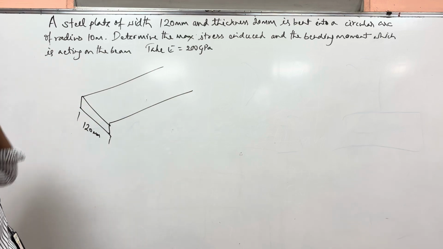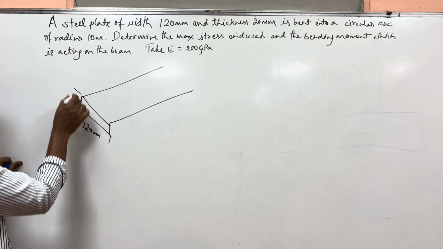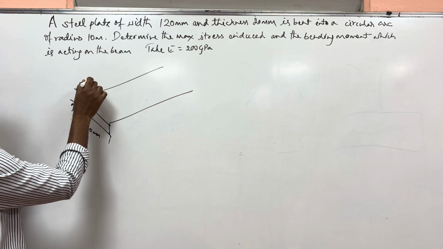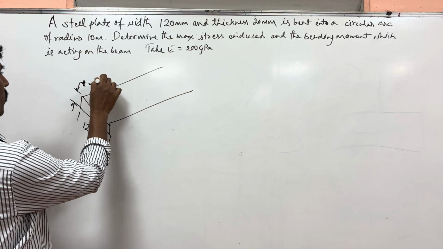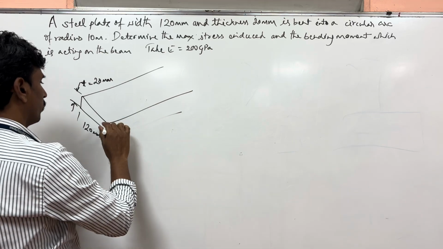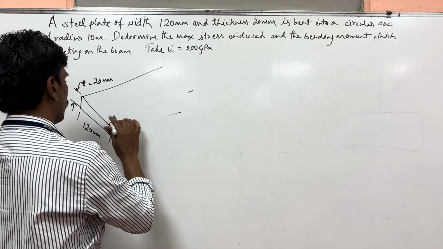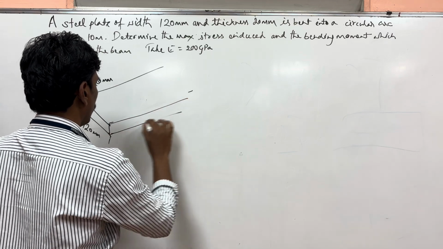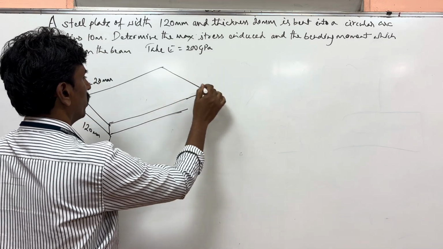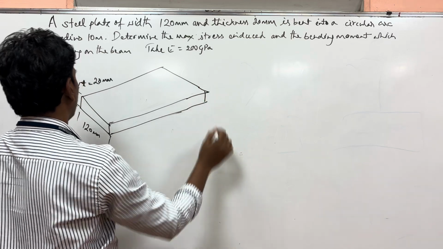And the thickness is 20 mm. So this is the thickness T, that is, the thickness is 20 mm. So we are referring to this plate here. And now